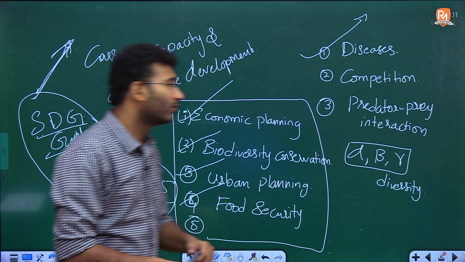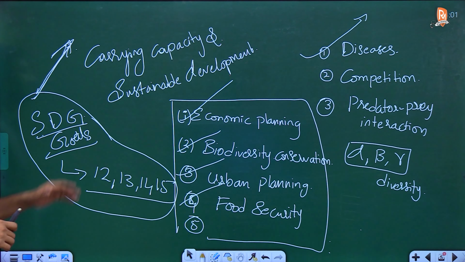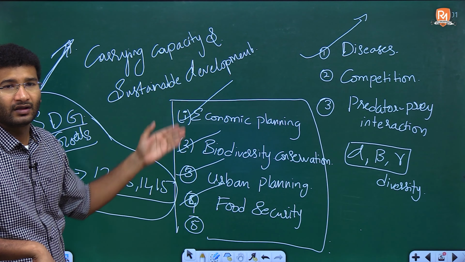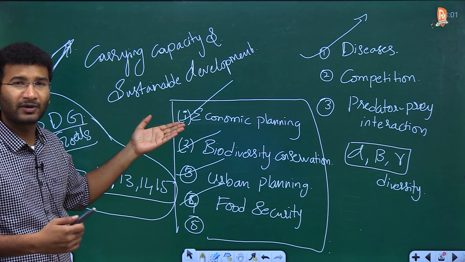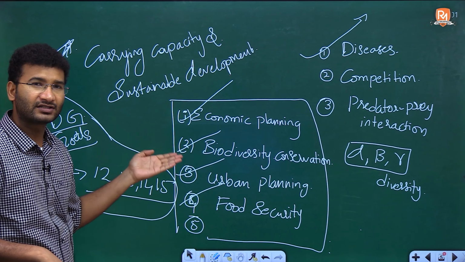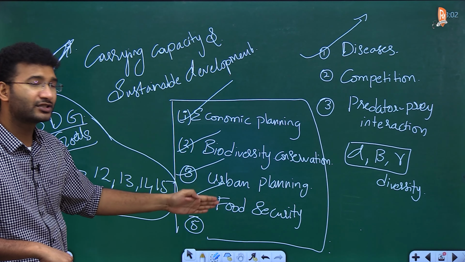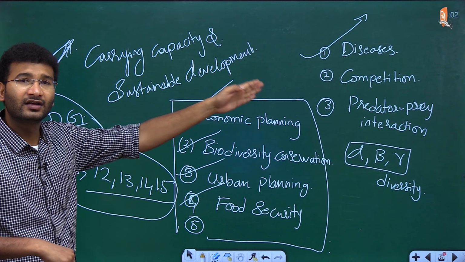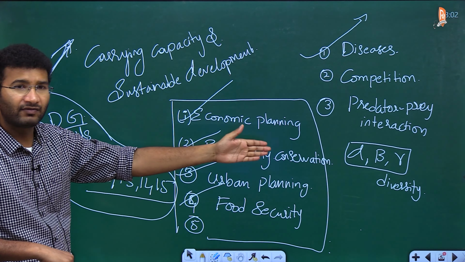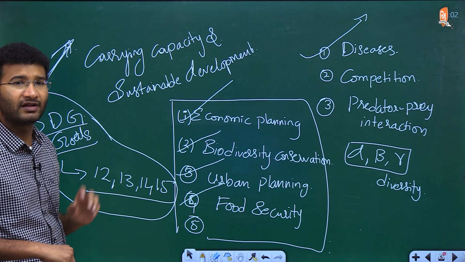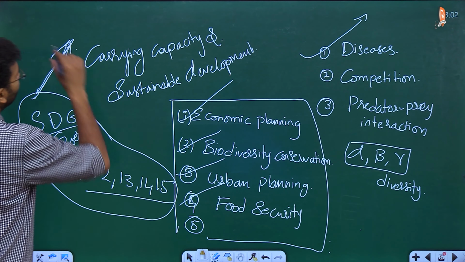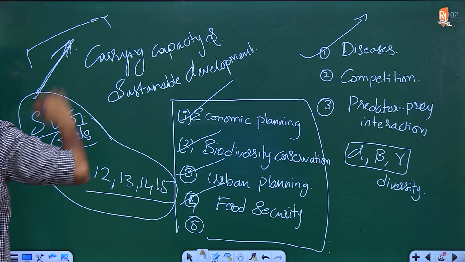Body is mostly defined in the question itself, that you have to stick with any of these components you can play with while writing your answer. That is economic planning. On the basis of economic planning, you need to have this carrying capacity. For biodiversity conservation you need to understand carrying capacity, because these are the components involved in the sustainable development. Also the diseases, competition, predator-prey, alpha, beta, gamma diversity and sustainable development goals. If this is part of your body, it is understood that you are going to get a decent number of marks,